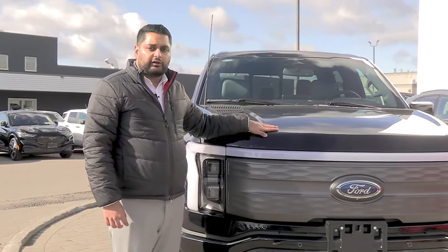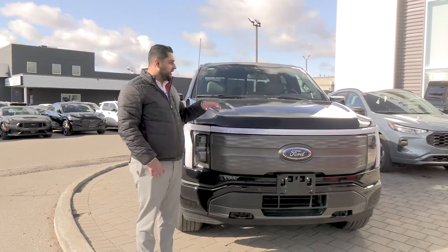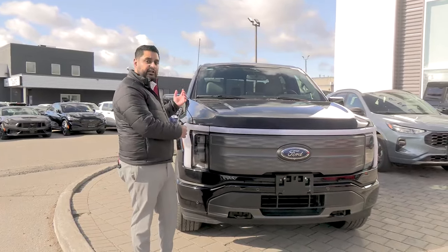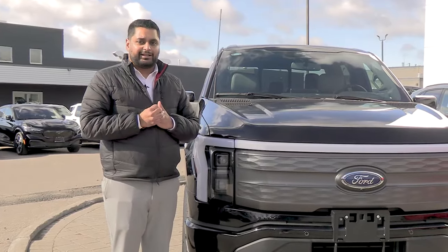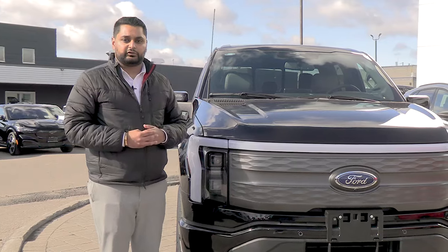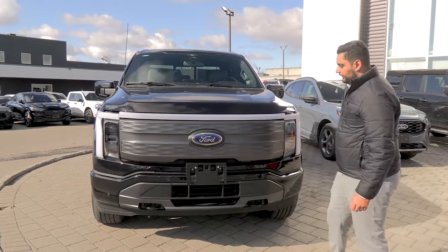The truck's also capable of Blue Cruise, which is Ford's autonomous driving system, which, with the help of all the sensors up front and on the side of the vehicle, can read the surroundings around it and make it that much easier for you to drive. And if we open up the mega frunk,